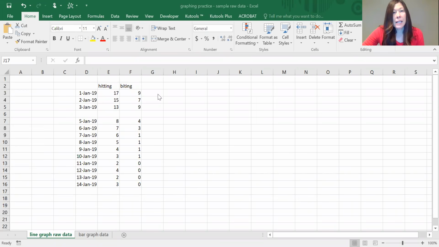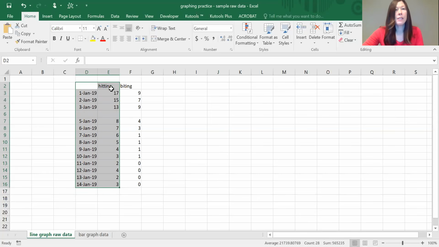So I've already got some data inserted into the Excel spreadsheet. So I'm just going to start from scratch. What you want to do is insert the data that you want added into your graph. So to start with, we will just include the first column of data here. We do have two behaviors, but I will add that in after to show you how to do that. So you highlight the data that you want to insert into your graph.